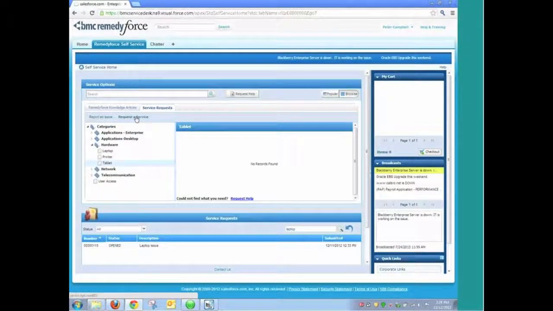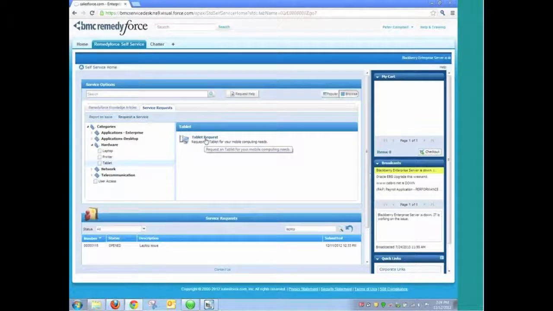And so here again, we're seeing the service requests that are related to a tablet. So at this point, if I wanted to request a new tablet, I could just simply select this request and begin that registration. So again, I want to highlight this feature, even though the service catalog functionality was introduced in the previous spring release, summer release,